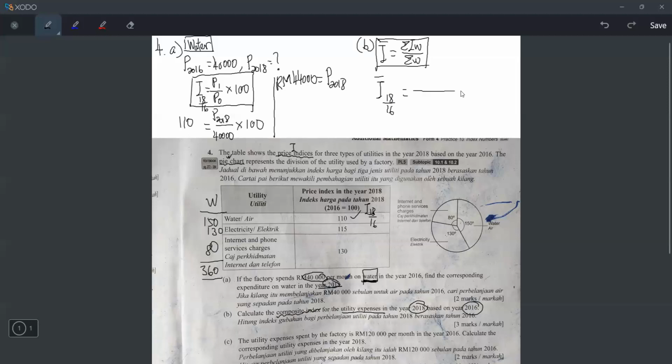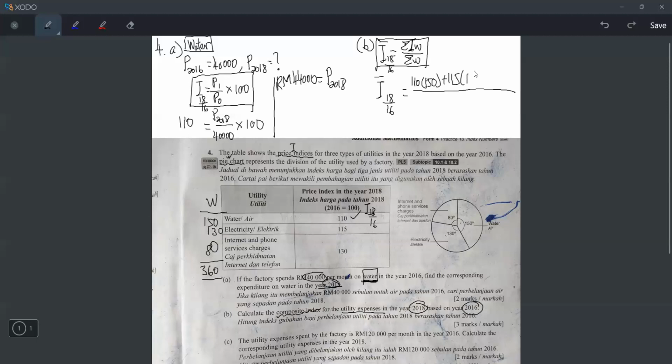So I just draw a long line, and on top what do we do? Take the index times the weightage W. If the I bar I'm finding is for 18 over 16, the I here I have to use is also for 18 over 16. But let's say this one is 2021 over 2020, then the I used also has to be 2021 over 2020. The years have to match. So the I for the formula will be: 110 times 150 plus 115 times the weightage 130,